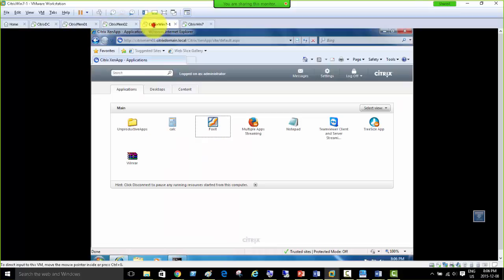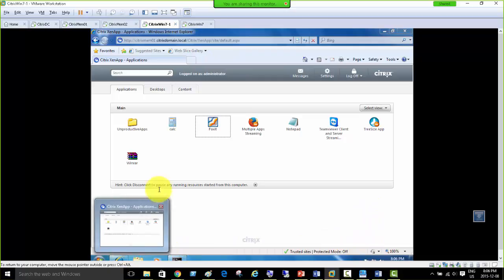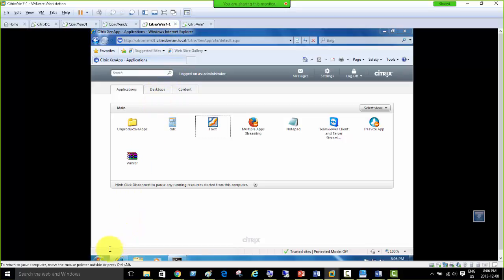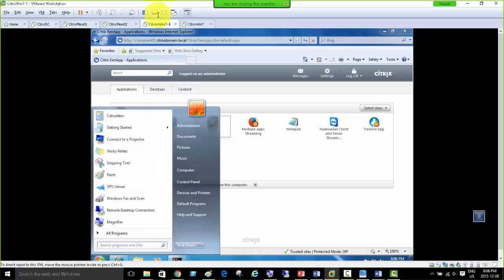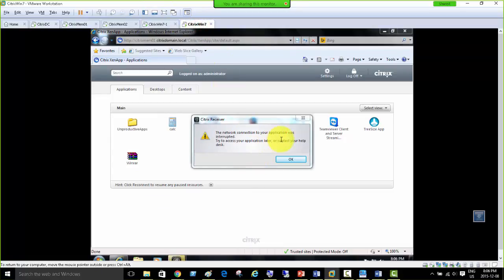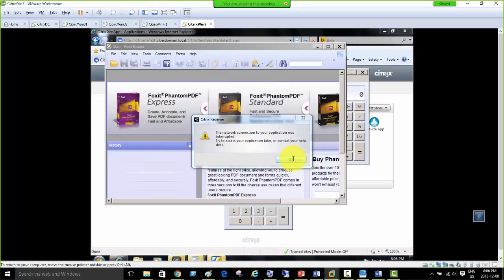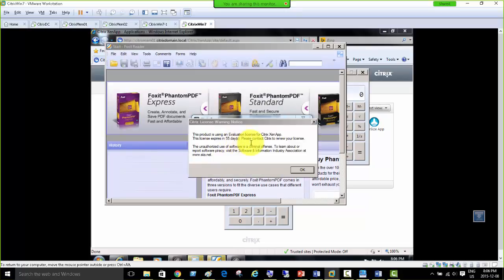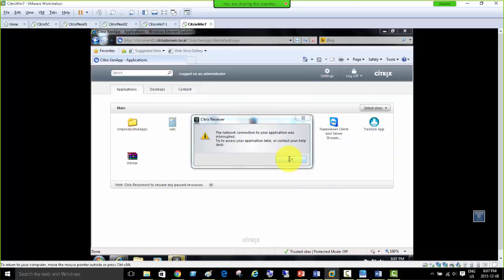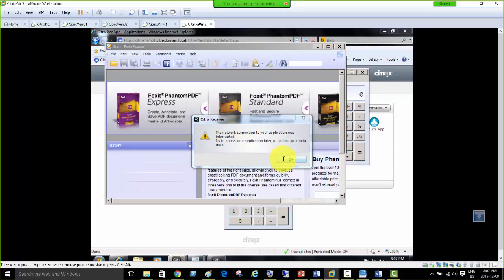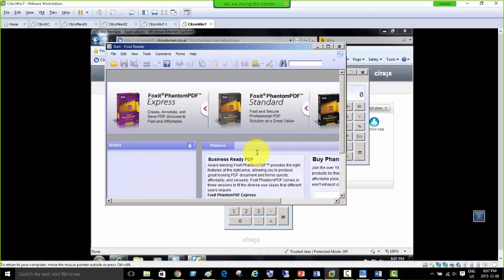Oh, all sessions are disconnected. I had 7 or 8 instances of calculator open, but I think I'm logged in from the same user. Yeah, and the network connection to your application was interrupted. Try to get into your senses and stop abusing our Citrix environment. This should be the actual message, but I'm just being nice, right? So this should be the straightforward message. Hey, you better stop it, or